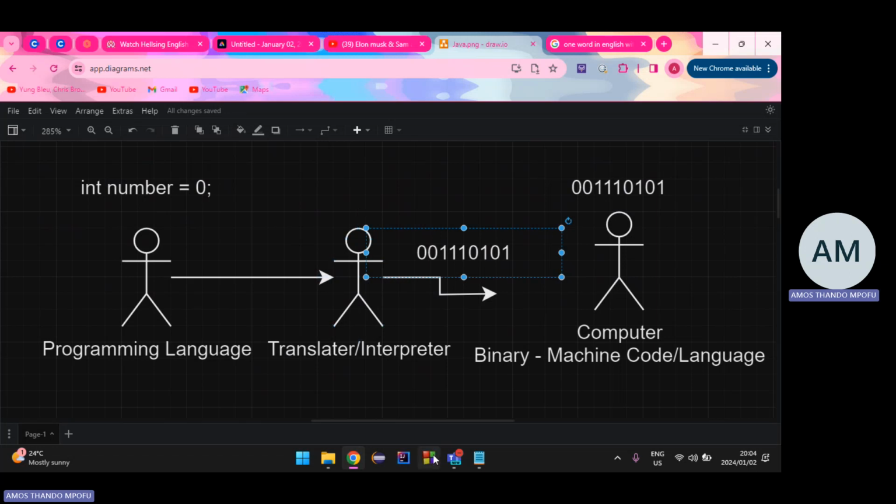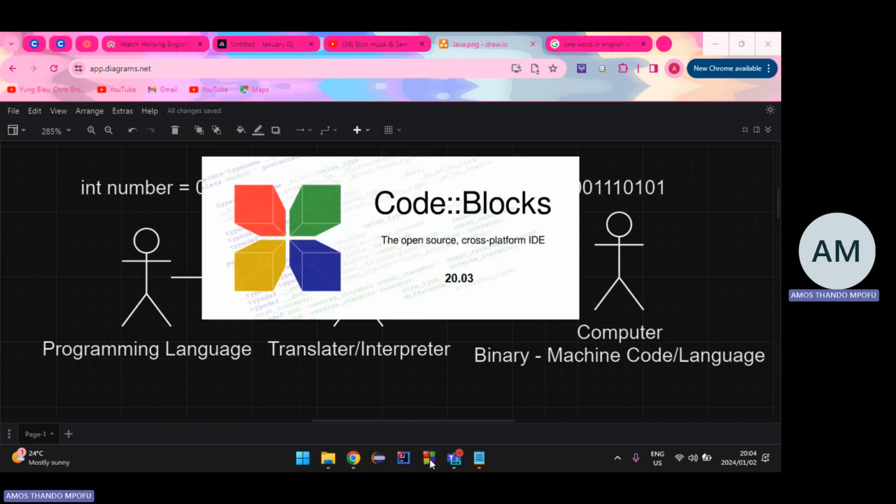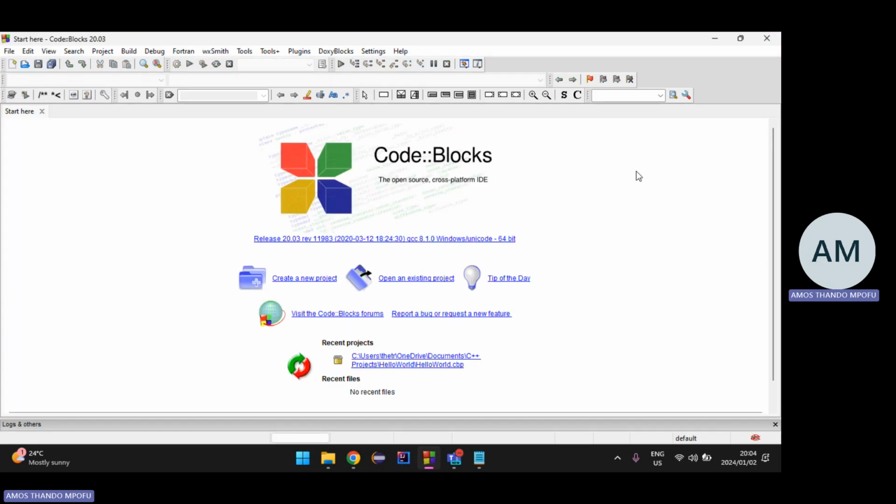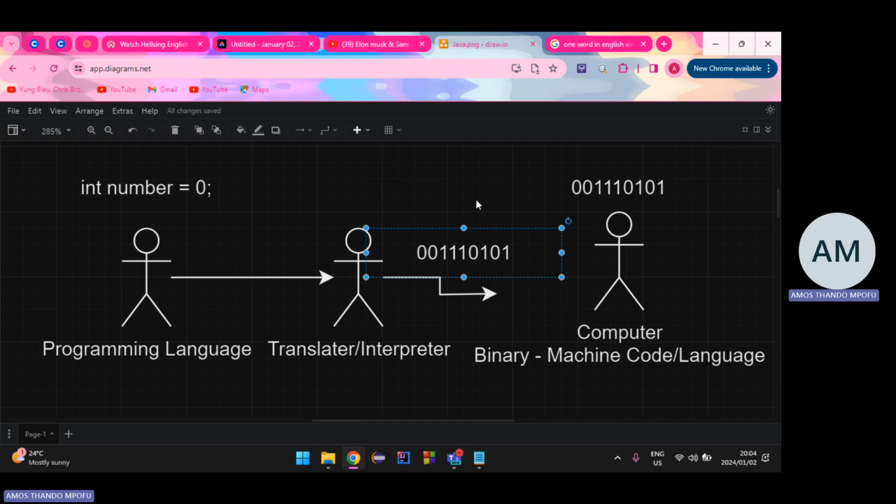So for example, when you click an application here, say I want to open Code::Blocks, right? If I click here, an instruction was sent to the computer to open this app, but it had to be translated to the language of the computer, which is zeros and ones. But it did it so fast, it's almost in the blink of an eye. You won't even notice that this is what's happening behind the scenes.